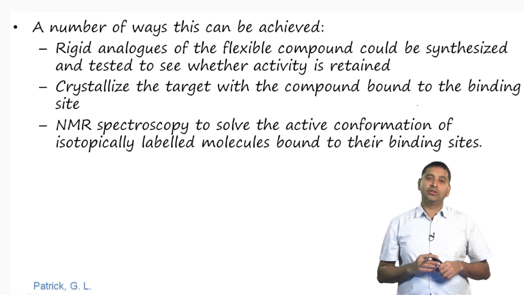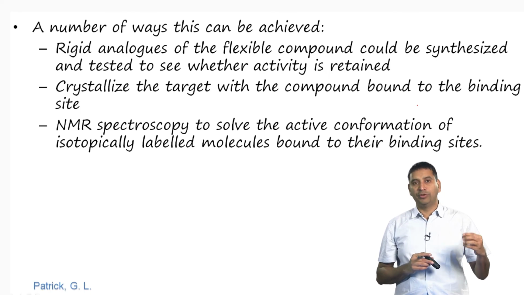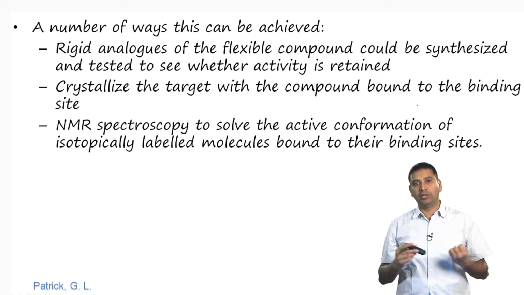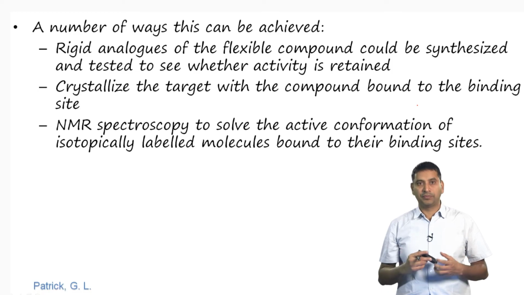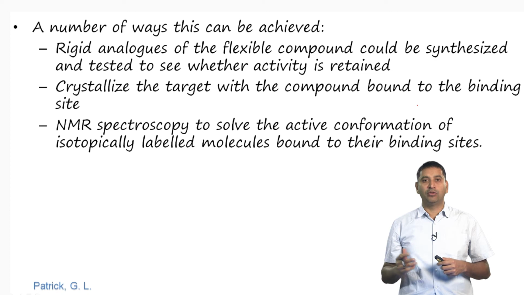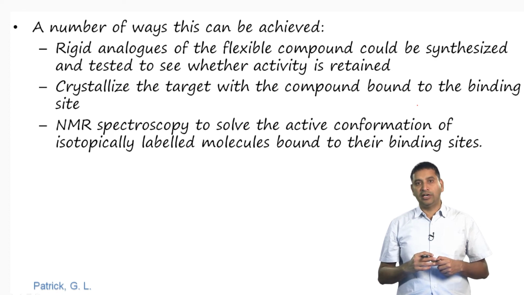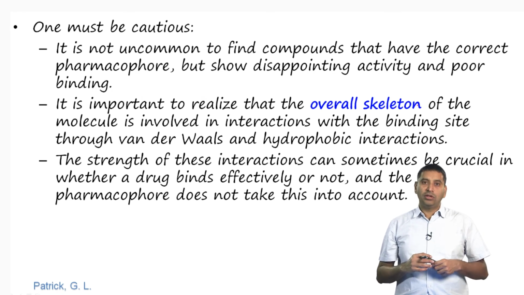One can also use NMR spectroscopy. We could take isotopically labeled molecules and find out how they bind to the target. This is a relatively new approach, but it can also be used to identify the active conformation. But in doing all of this, one must be cautious,